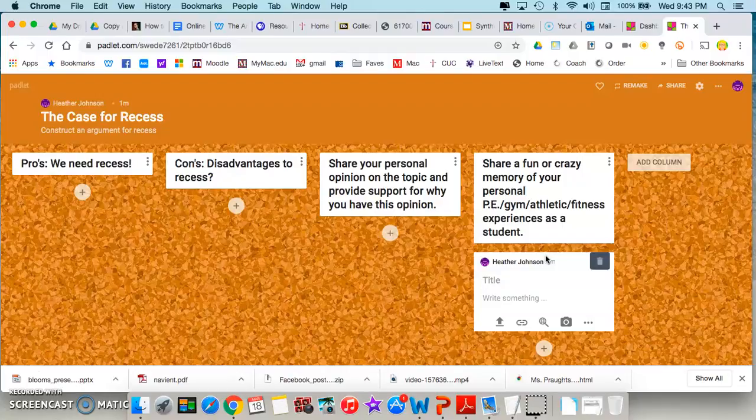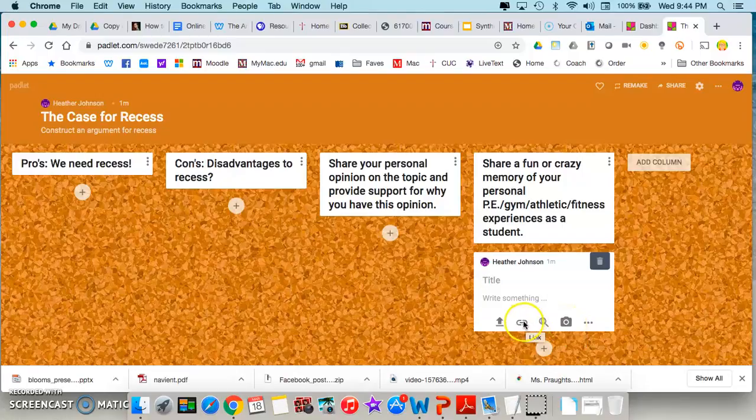So this is what the Padlet looks like. You just hit the plus button and type in there, and then each of you should check back in a couple of days to see what everybody has written in here. I think that would be kind of fun for you. If you make a mistake, there's a little trash can here you can use to delete. You can attach photos. If you find a really great chart or graph or statistics, you can attach things.